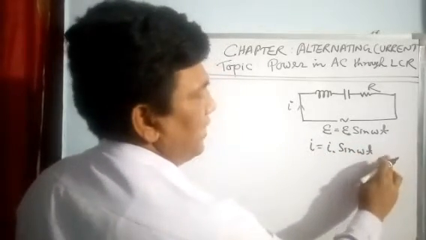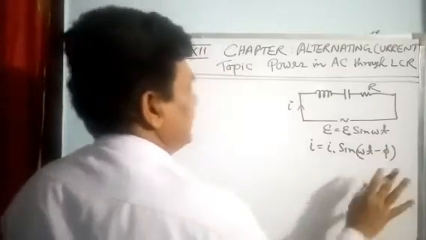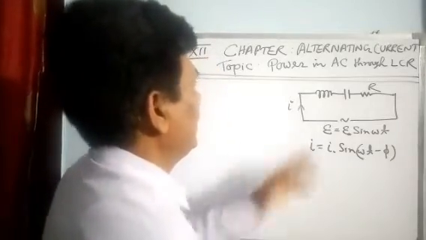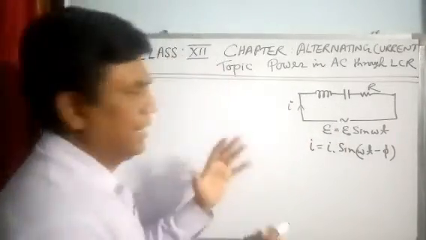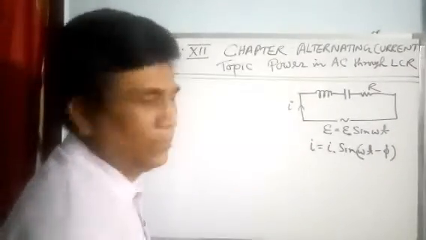It may be plus phi, it may be minus phi. Say I am putting minus phi, or it may be 0 also. The value of phi may be 0 also. That we have already discussed, but again I am going to give you a little bit of a rewind of the last class, what we have discussed.